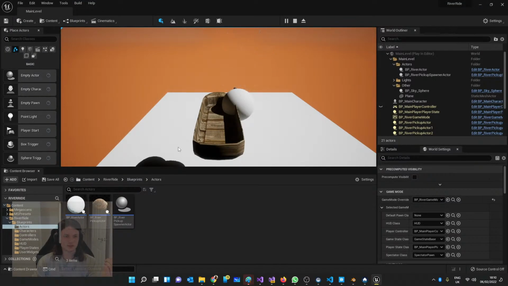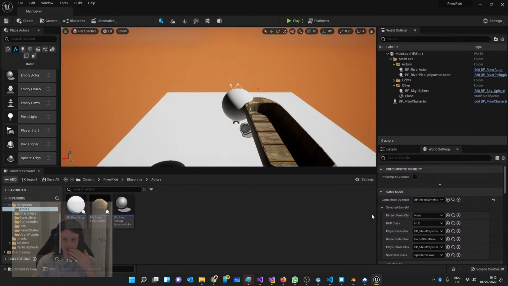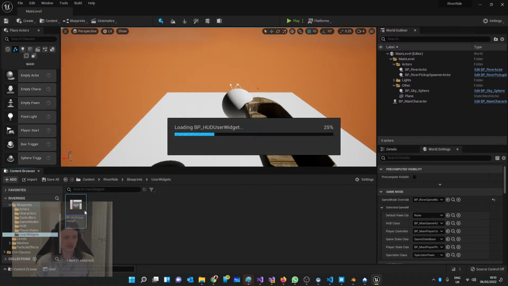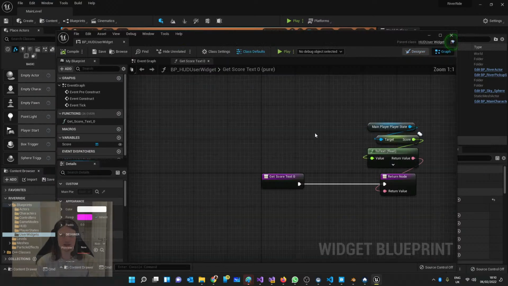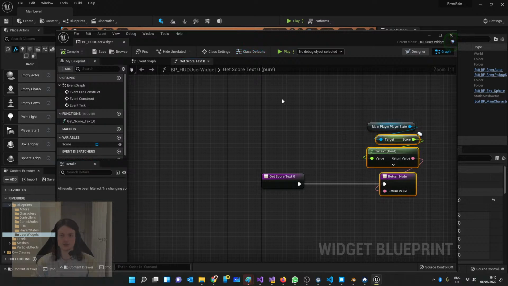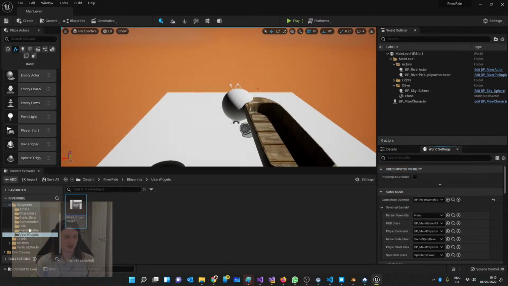So now we've got to get back to our blueprint. Why that's not showing is beyond me. That's because the HUD has been reset as well. So just watch out for those things. That's annoying, right? So we're going to go back to our user widgets. We're going to go to our user widget HUD there. Here's our graph. We're updating the score with that binding. If you remember, we're going to go to the